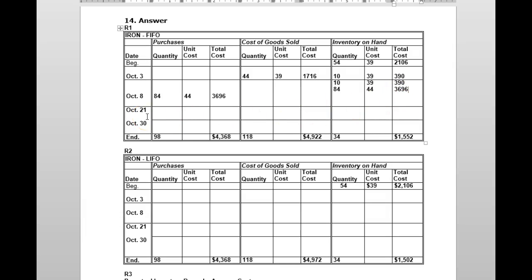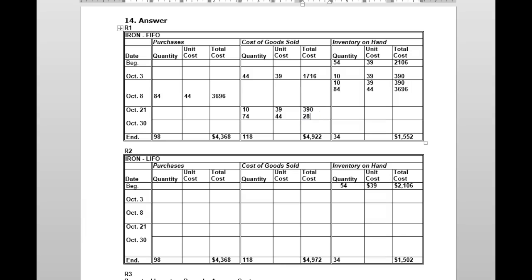Then on the 21st, you sold some more, and you sold a total of 74. But you're using FIFO. So first of all, you've got to go to your first layer right here. So you sold that layer out in total at 39. And then you need to take 74 out of this layer. So you have 74 at 44. So that would be your amounts, by multiplying that out, would be here